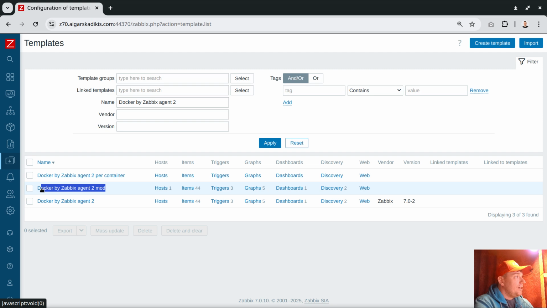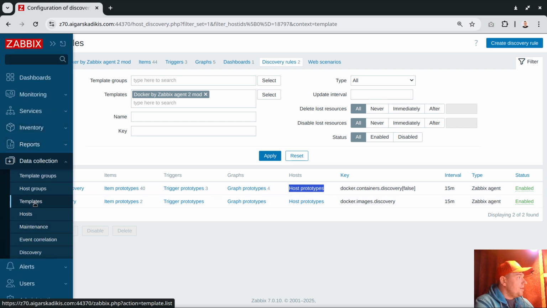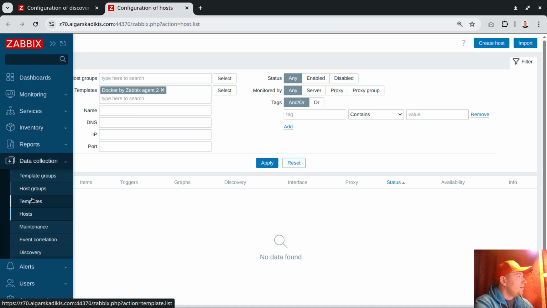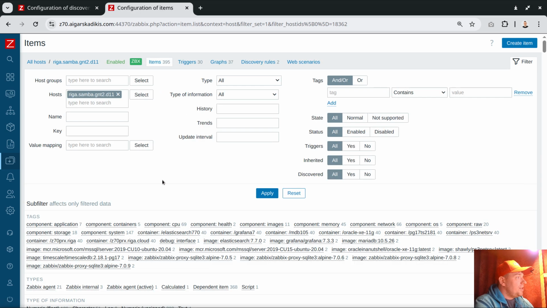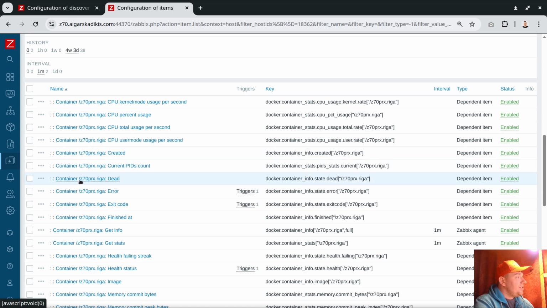So now this template is running on my host, and inside the discovery section we have container discovery, and the key thing is that I will enable this host prototypes type of functionality. And there is actually one interesting thing inside, which is, if we open the host objects, actually let's click here, templates, and click here. Now inside the items we can see the style of naming the containers, and we see the container is named / and then the name of the container, and